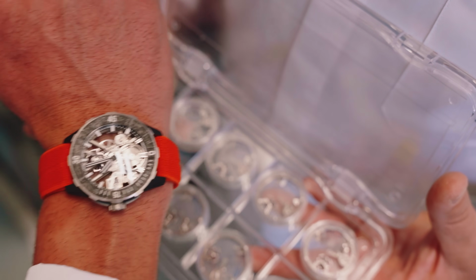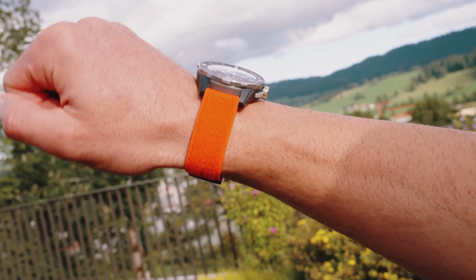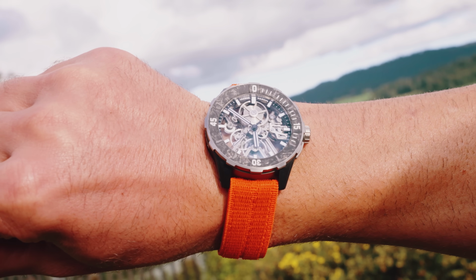Look, you see? As if a trip to Jura wasn't enough, Ulysse Nardin have kindly let me get my hands on their latest and greatest creation. It's the Diver Air, weighing in at only 52 grams. And let me get this straight out the way now, I am in love with it. To put the weight into perspective for you guys at home, this weighs about as much as a medium-sized egg